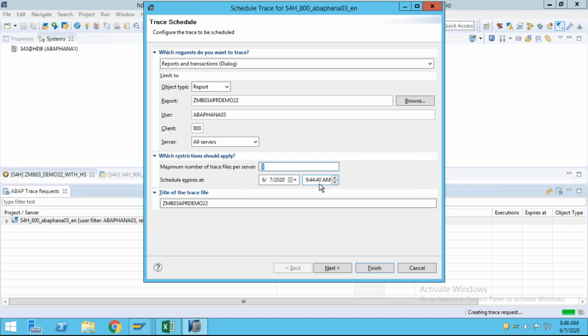Schedule expires on, at this particular time it is going to switch off this trace. Automatically it will get switched off. Otherwise we have to go manually and switch off the trace. So here I'm just giving